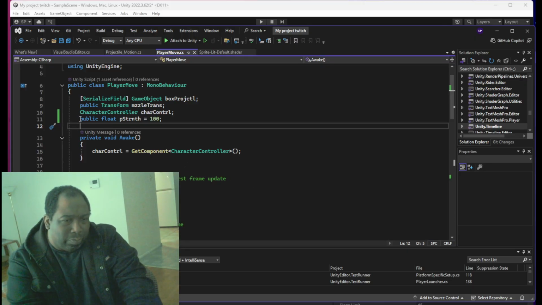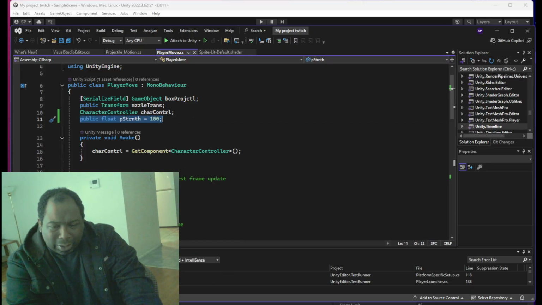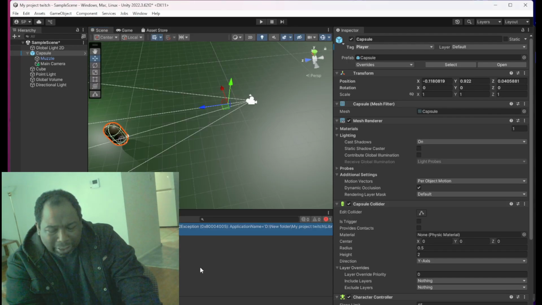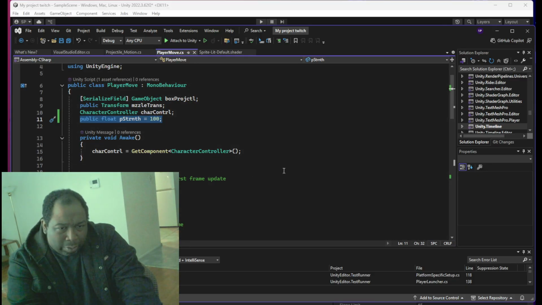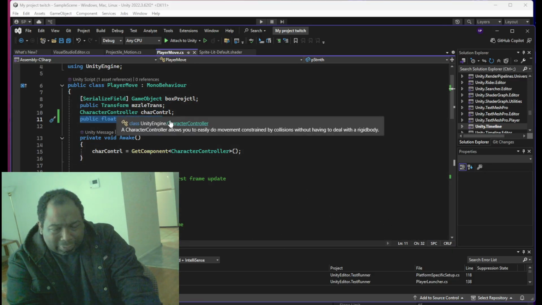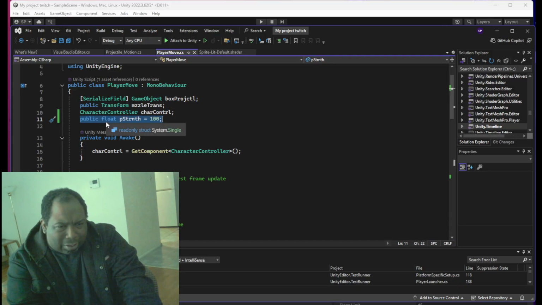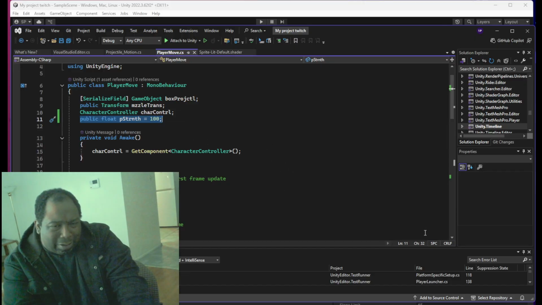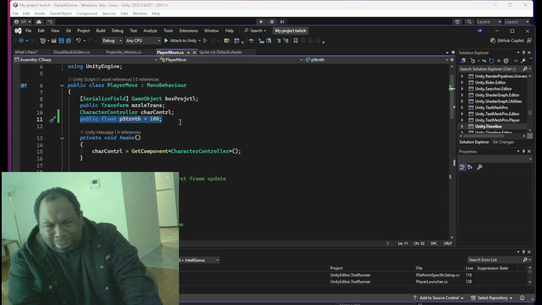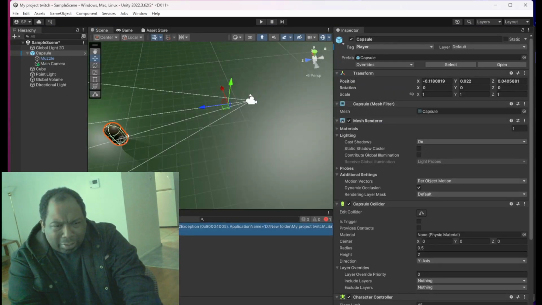Yeah, I put that in there just to show the yellow stop sign thing, because I get a lot of yellow stop signs. A lot of times it's something like this where I was trying something out and I didn't want to put it in serialized fields. Sometimes serialized fields aren't editable. I don't know why. I put a serialized field out there and I try to edit it at runtime while I'm playing, and it won't let me do it. So I just keep it as a public, just to test it out till I know that's the way I want to play.